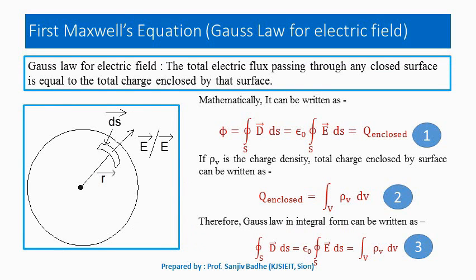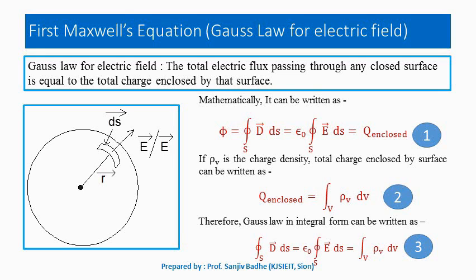Now let us discuss Maxwell's equations one by one. We will follow a four-step approach as discussed in the earlier slide. First, we will state the law on which the equation is based. Second step, we will write the law in integral form. Third step, we will use either a divergence theorem or Stokes theorem. And fourth step, we will write the law in differential form using the divergence theorem or Stokes theorem.